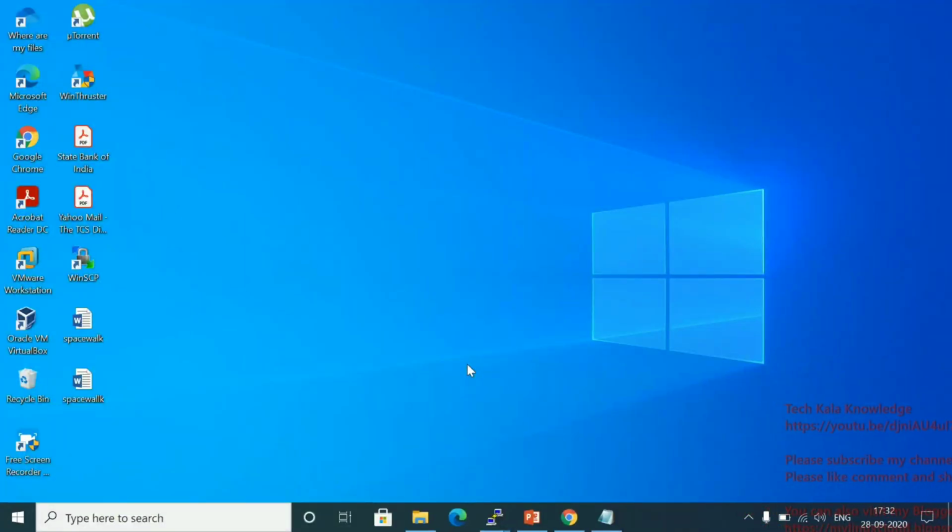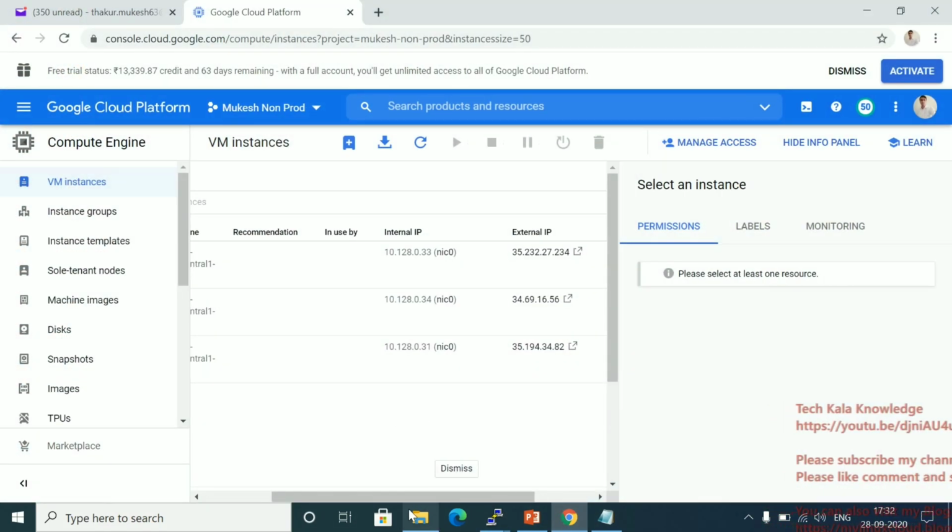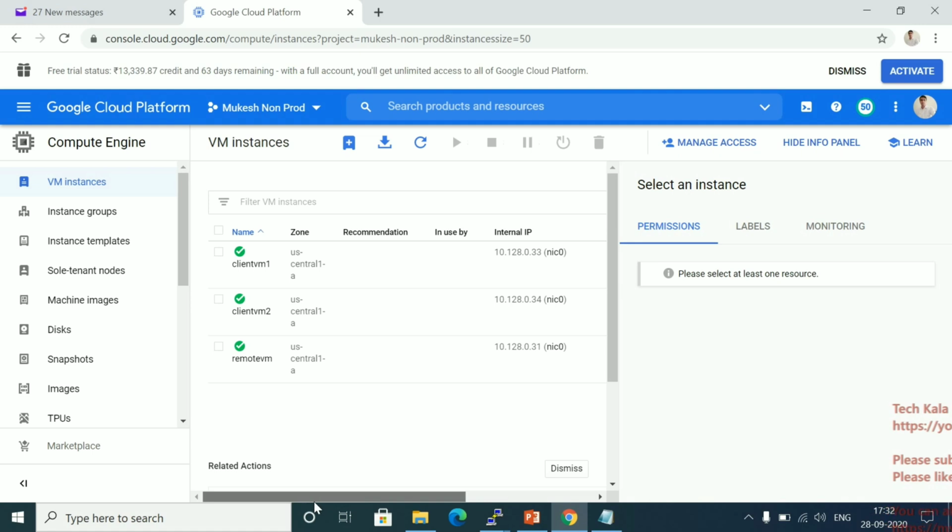Hi friends, so today I am going to talk about Ansible ad hoc commands. I will show you basic Ansible ad hoc commands. We will run the Ansible ad hoc command and fetch some information from the client server, and we will also perform some basic tasks on the client server through the Ansible ad hoc command.